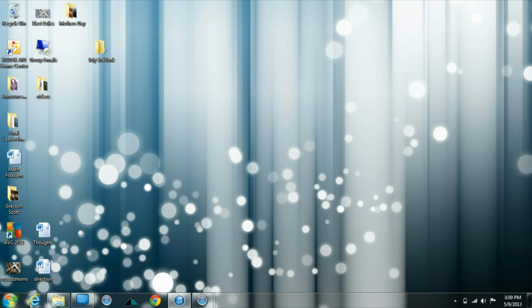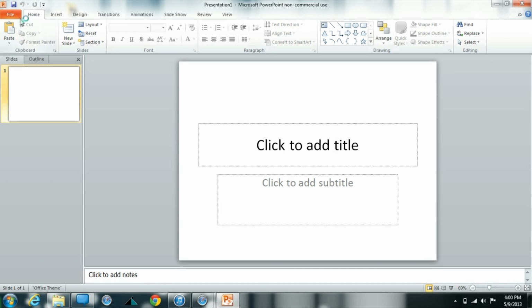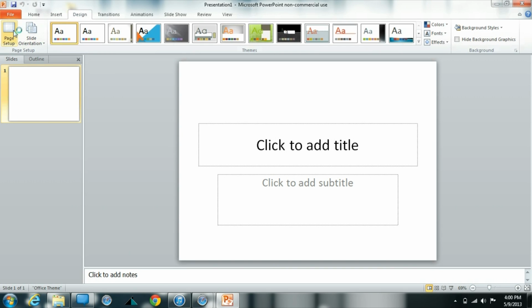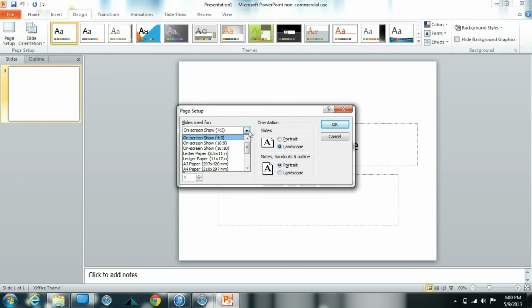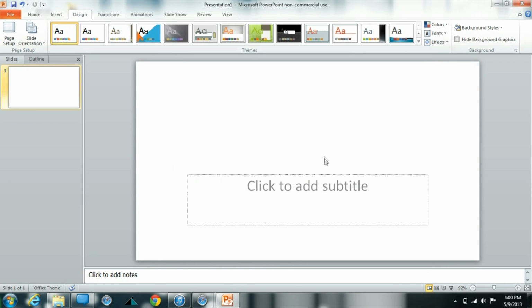Today we're going to be using PowerPoint to make an image for a sermon series. Now the first thing I'm going to do is change the aspect ratio of our slide to 16:9 or widescreen. I'm going to delete the preset fields that PowerPoint has in there, and then I'm going to go and format